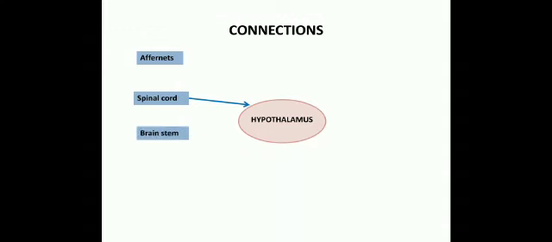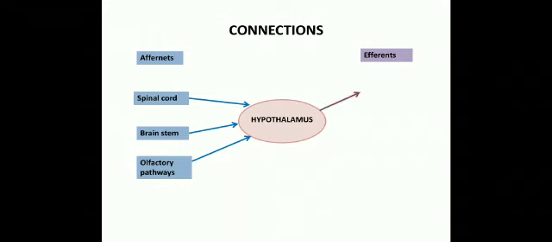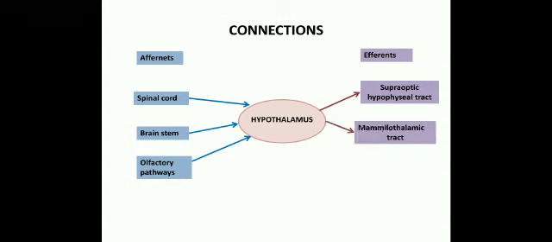Coming to the important connections of the hypothalamus, the afferents are from the spinal cord and the brain stem, and it is also connected to several centers associated with the olfactory pathways. The efferents are the supraoptic hypophyseal tract from the optic nuclei to the pars posterior, the pars tuberalis and the pars intermedia of the hypophysis cerebri, the mammillothalamic tract, the mammillotegmental tract,